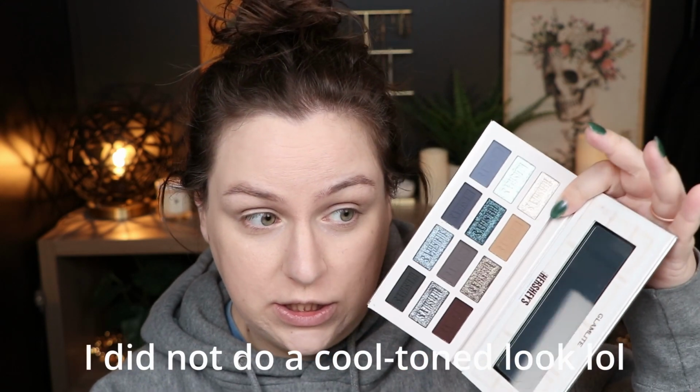What we're going to do for eyes is I'm using the Glamlite Hershey's Cookies and Cream. I'm feeling a cool tone look because it decided to snow today. I'm gonna start with that. So I haven't been doing too much. Like I said, on a good day,